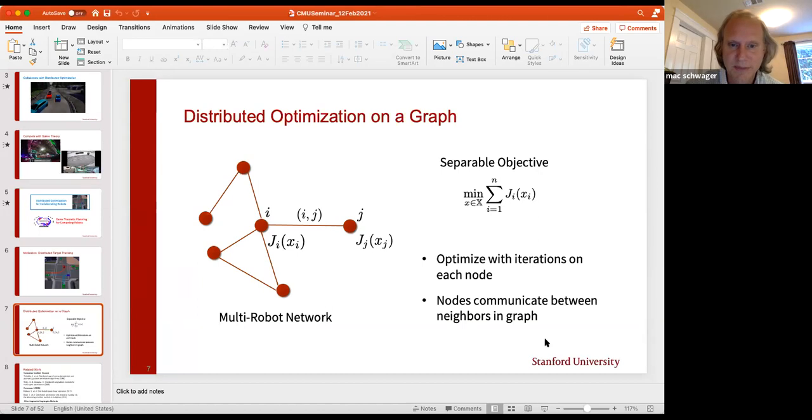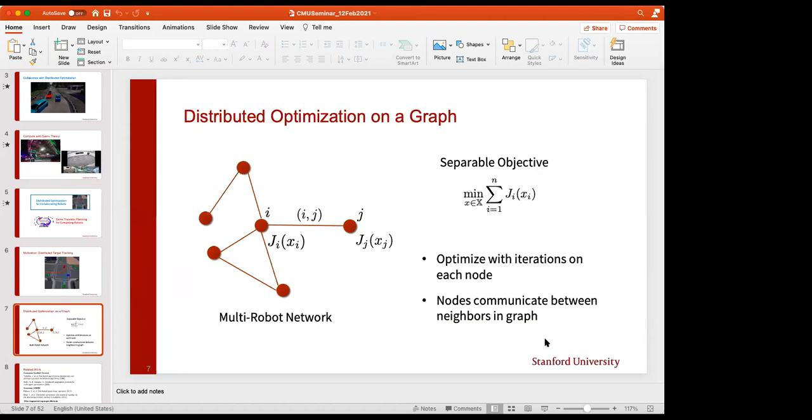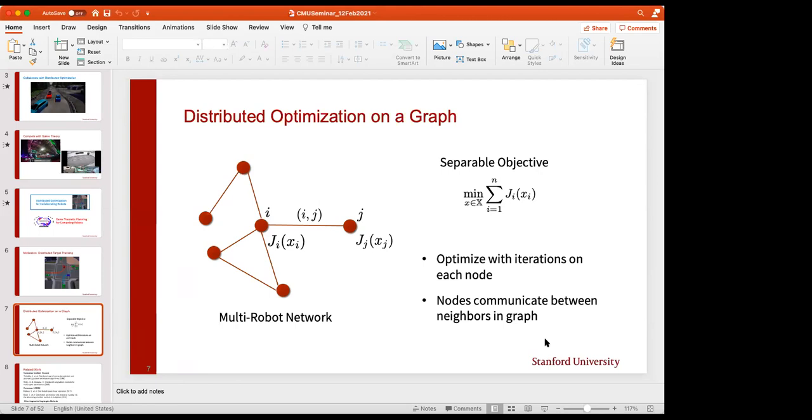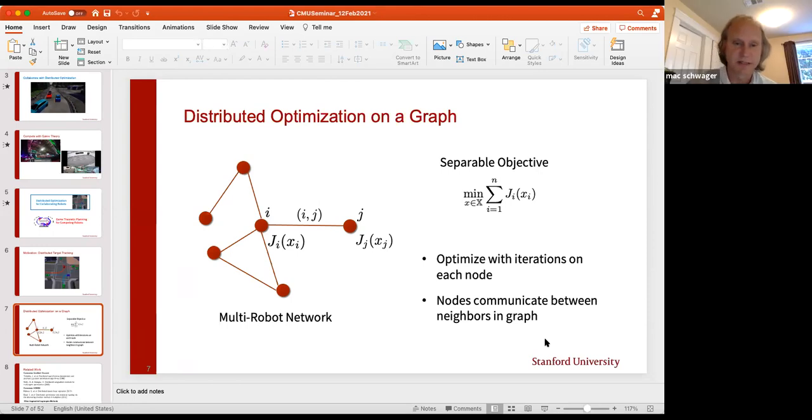So how do we know the structure of the graph? Which nodes are connected to each other? Oh, okay. So we assume that the robots are talking to one another over a mesh network. They don't need to be told, they just know it because they know who they're talking to. The story is, if you're within communication radius of a neighbor, then you know that they're your neighbor, so you can share messages with them.